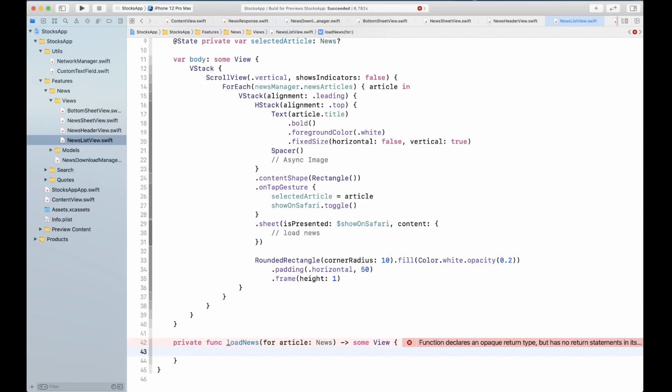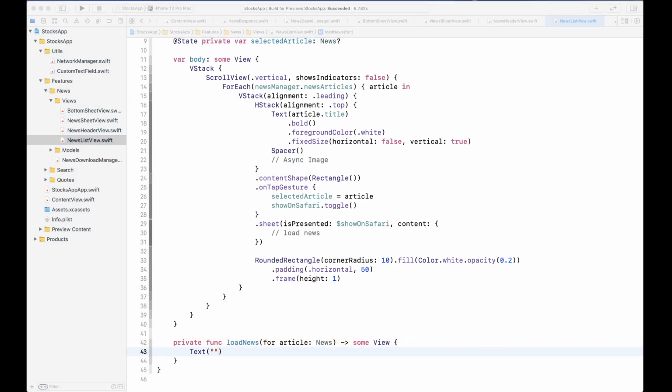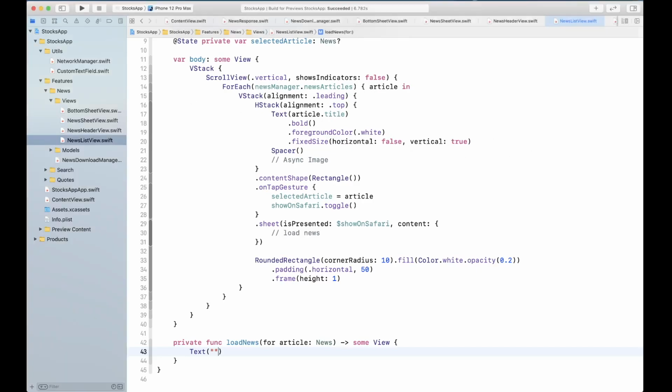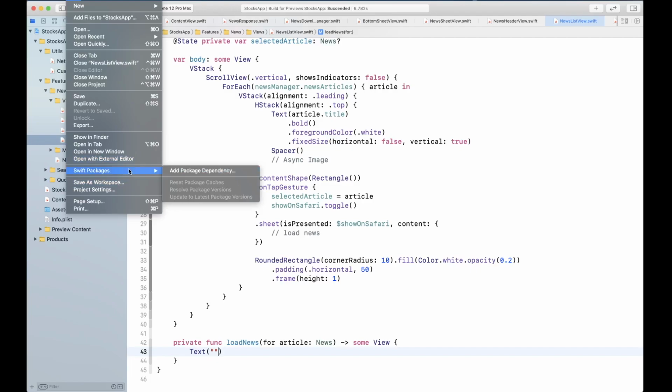So let me go ahead and return a text for now. And let's go ahead and create a reference for the Safari view. What we're going to use is a library that's called Better Safari View, and we can reference it using Swift Package Manager.